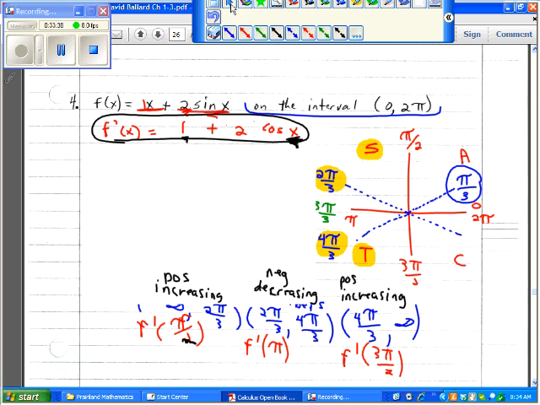So we know that here it went from increasing to decreasing, so there's a relative maximum at 2 pi over 3 something. And here it's going from decreasing to increasing, so there is a